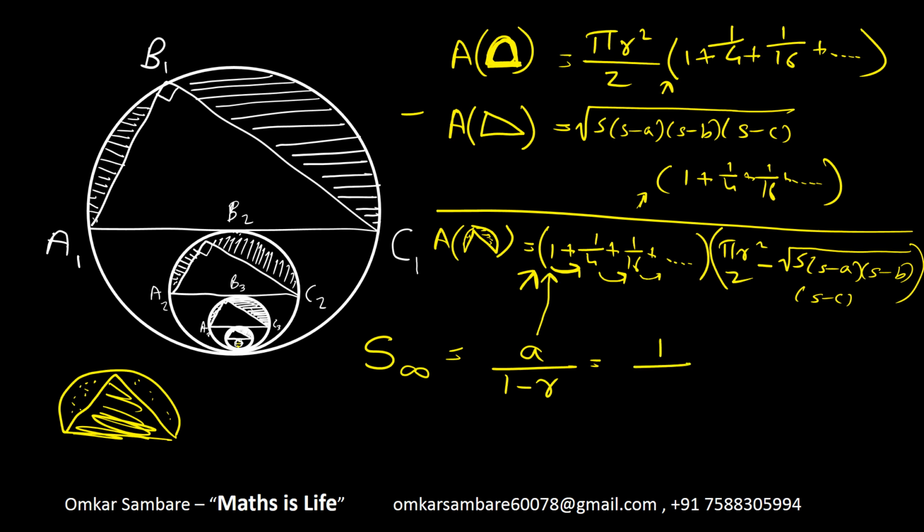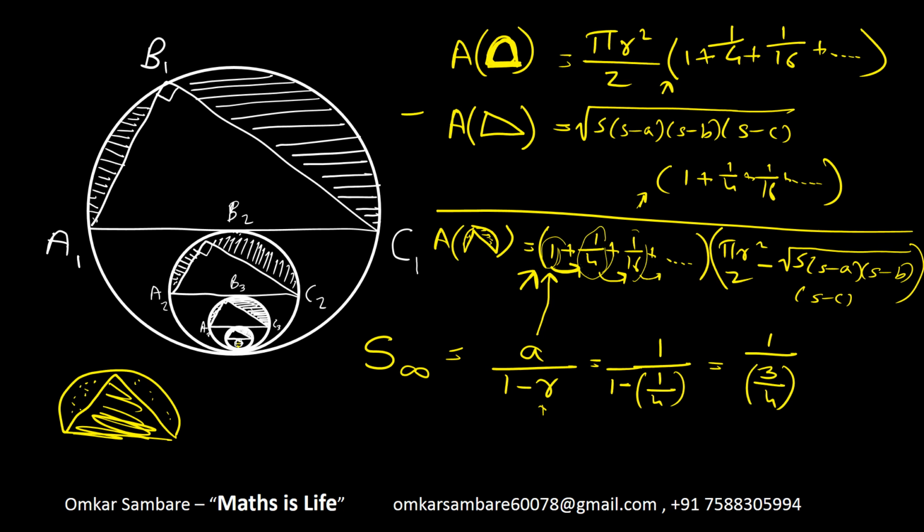Okay, so how will we get this value? What is A? A is the first term, that is 1 here. And what is R? It is the ratio. Ratio is second term upon first term, or third term upon second term, or fourth term upon third term. It will be the same if it is a GP. Here it is second term upon first term, that is 1 by 4 upon 1, that will be 1 by 4 only. And the formula is not only 1 by 4, it is 1 minus r.